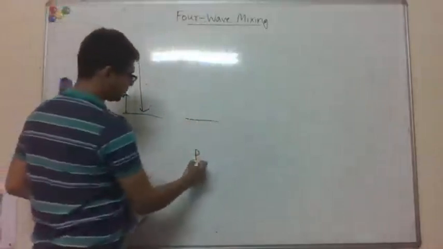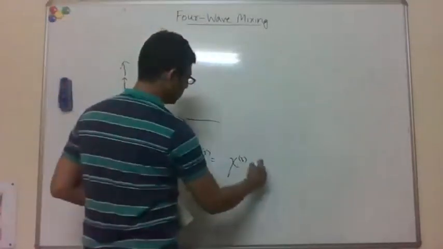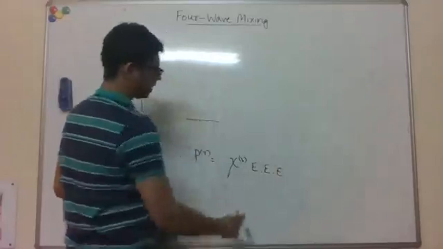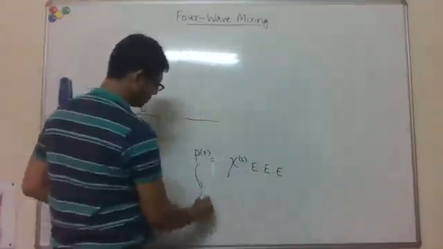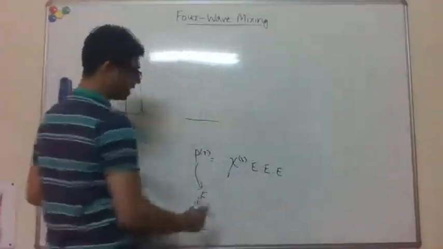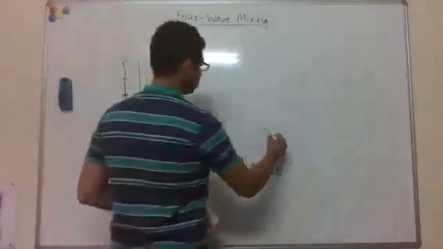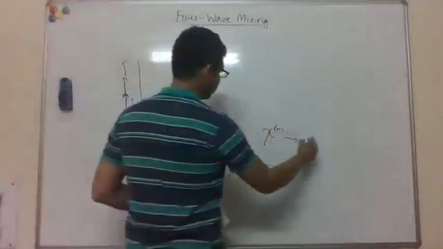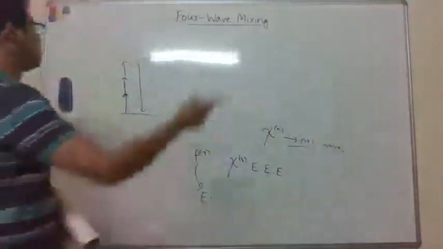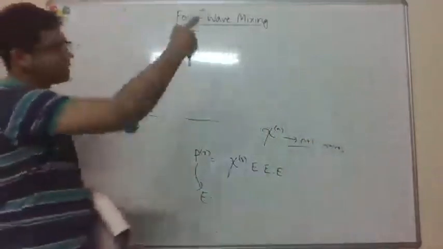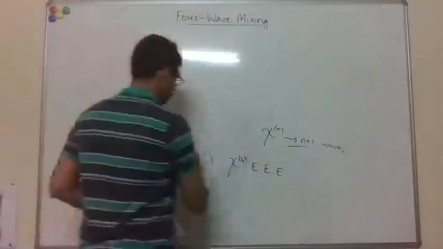So basically P3, you write as chi3 times 3 electric fields, right? You have 3 electric fields which are coming in here and which give rise to a polarization which generates its own electric field. So there are 4 of them, of course. Any chi-n interaction will involve n plus 1 waves. So that way, any chi3 interaction is sort of four-wave mixing, but